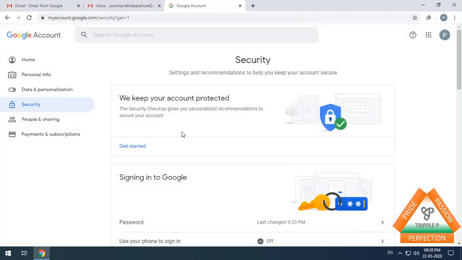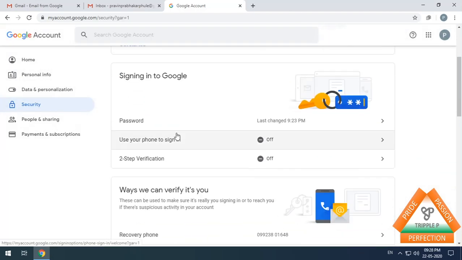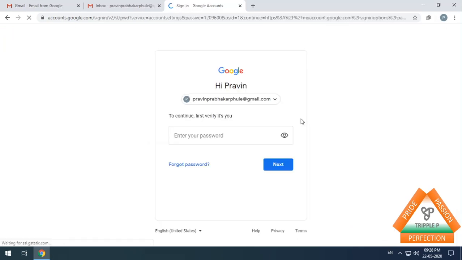Click on security and password last changed just now. Click here, and to continue, first verify it's you. That means you have to enter your password again. Praveen @1987. Click on next